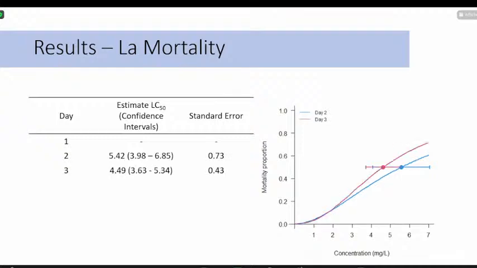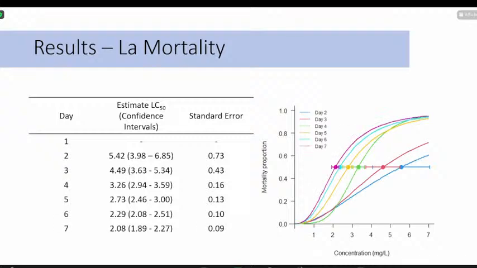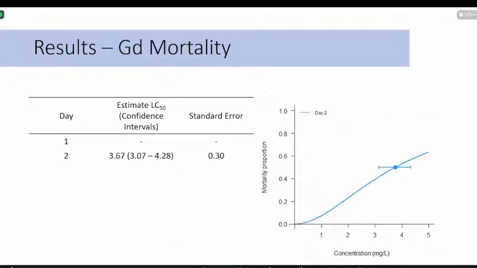Then for day 3, it decreased to 4.49. For day 4, it was 3.26. For day 5, 2.73. For day 6, 2.29. And finally, the last day, day 7, 2.08. As you can see, the estimates were decreasing, and also we will have a better looking curve as the days increase. So then now for gadolinium, we have